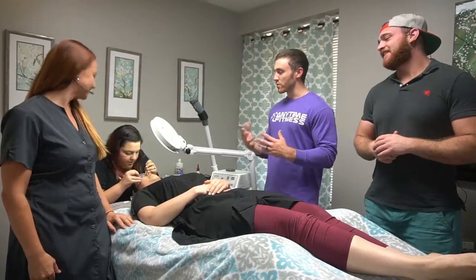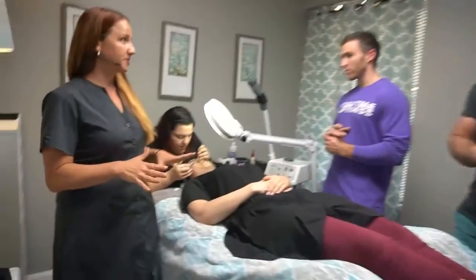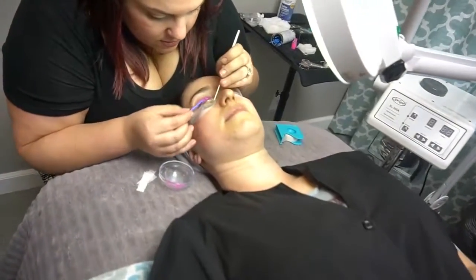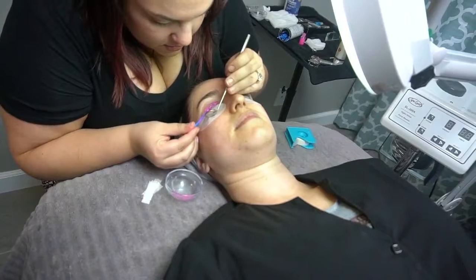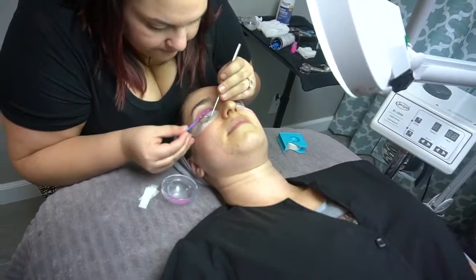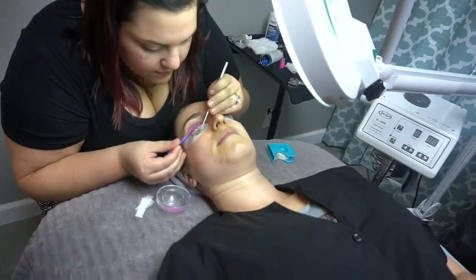So, Liz, what do we have going on here today with Amanda? They're doing a very popular treatment that's hot on the market right now in a lot of different spas. They are doing a lash lift. What she's actually doing is perming the eyelashes. There is such a thing as perming eyelashes. So think back to the 80s where you used to get those curly Q hairdos that were all trendy back